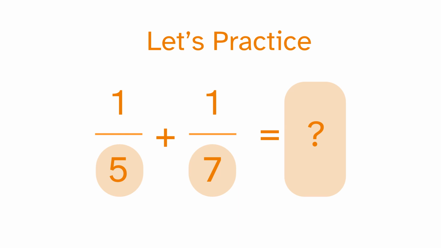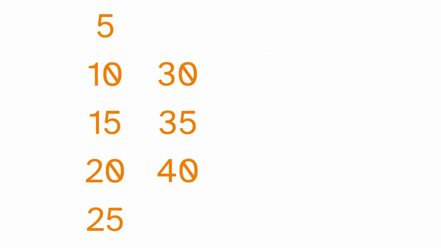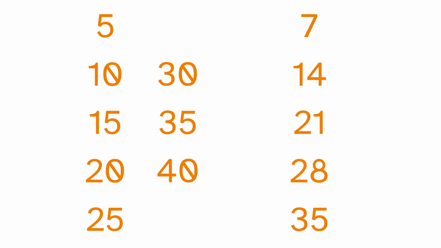Okay, so what do we do first? We must look at the 5 times tables as so. 5, 10, 15, 20, 25, 30, 35, 40. Once we've made some progress in the 5 times tables, we move on to our 7 times tables. 7, 14, 21, 28, 35. Here we can see that 35 appears in both the 5 and 7 times tables, so these become our new